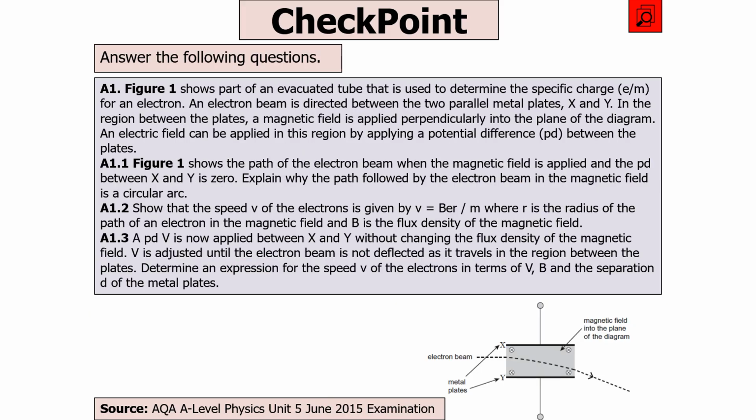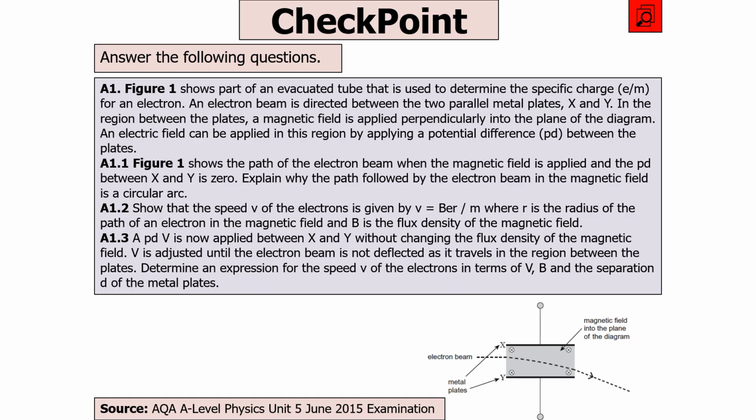The next question says, Figure 1 shows part of an evacuated tube that is used to determine the specific charge for an electron. An electron beam is directed through two parallel metal plates X and Y. In the region between the plates, a magnetic field is applied perpendicular into the plane of the diagram. An electric field can be applied in this region by applying a potential difference between the plates. Figure 1 shows the path of the electron beam when the magnetic field is applied and the PD between X